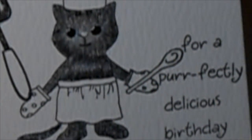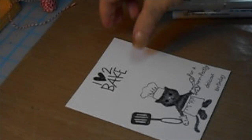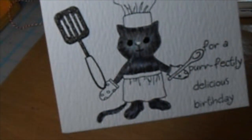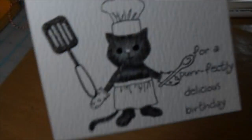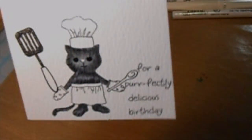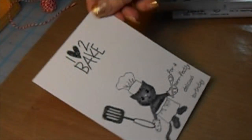And I think she looks really cute, doesn't she? I'm trying to, sometimes a camera just doesn't do it justice to show you. The Stickles brings out that spatula so nicely, and the Irresistibles will go in on the handle nicely. And because I am going to put the fussy cut paper on the hat and the apron and the mitts,